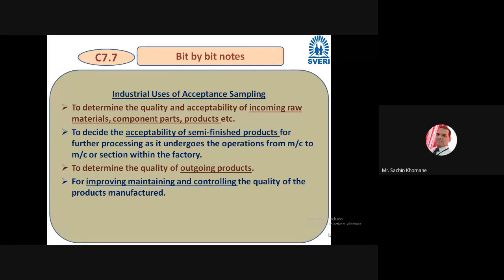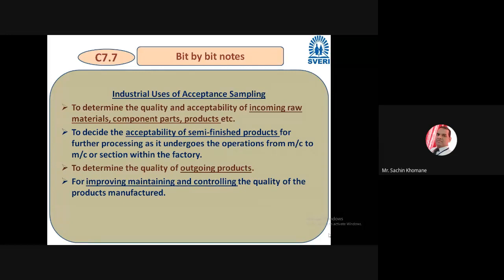The hole will have become very big, drilling more than the requirement. What is the purpose to produce or do the operation further? There is no use. Definitely, it is going to reject. So in the early stage, if you reject that component, you can save the time, money, and all these things. So this acceptance sampling in industry, in ongoing production also, it is important. Also, it is important to determine the quality of outgoing products.